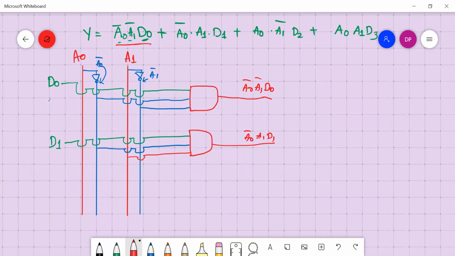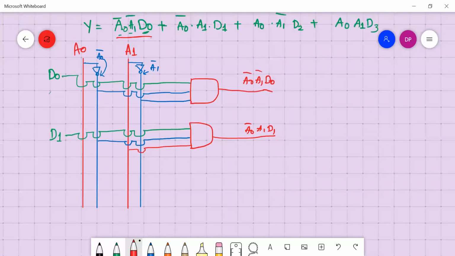Similarly, we'll take the input here D2. So what is the expression? A0, A1 complement, D2. Let's take D2.